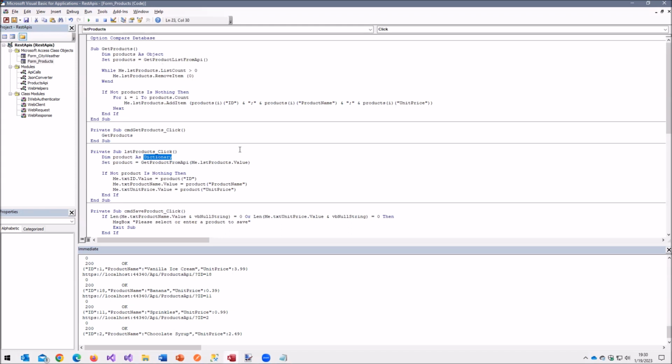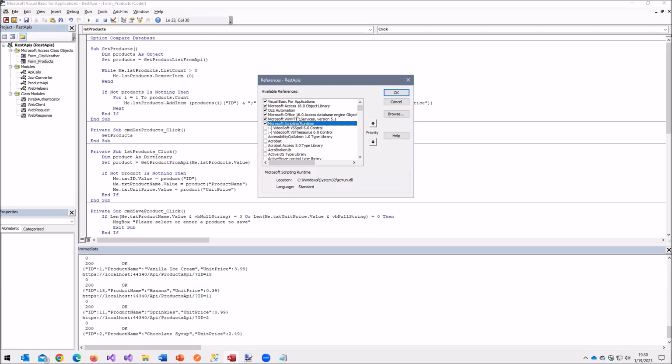So a dictionary is not a native data type in Access. So you have to install the. Yeah, so thank you. So the dictionary, it's a VBA thing that comes with Scripting runtime, I think. Yeah, it's scripting runtime. Yes. Yeah.